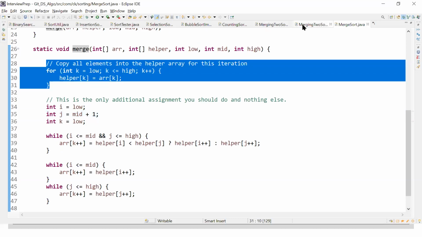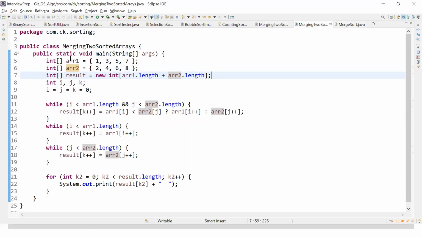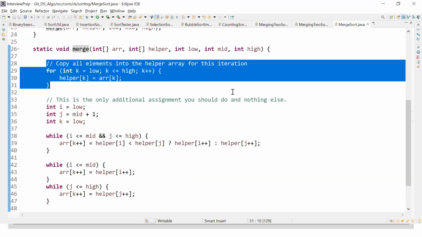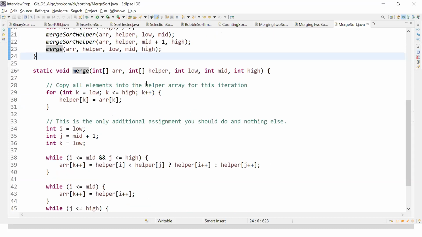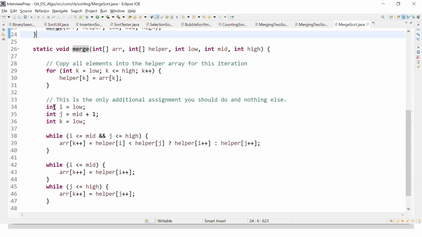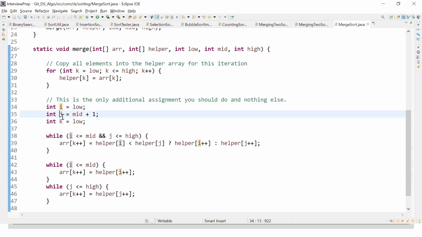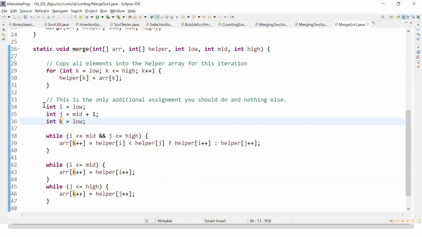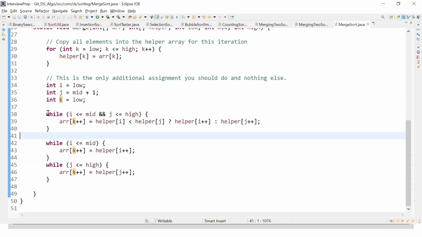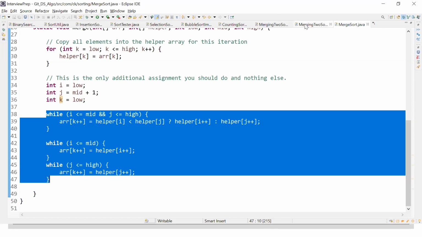But here, instead of having two arrays, ARR1 and ARR2, here we have two arrays in the same array. But how are we differentiating that? We are taking the first array from 0 to 4 and my second array from 5 to 8, right? In the same array, we are differentiating that based on my indexes. So this is my index I, J, and K. So based on these indexes, we are trying to make sure it is either ARR1 or ARR2. After that, we are trying to do the same thing over here. What are these while loops doing? The same thing that I've done over here also.